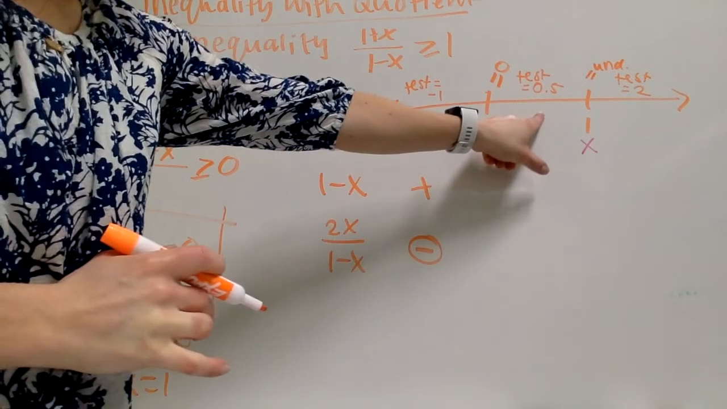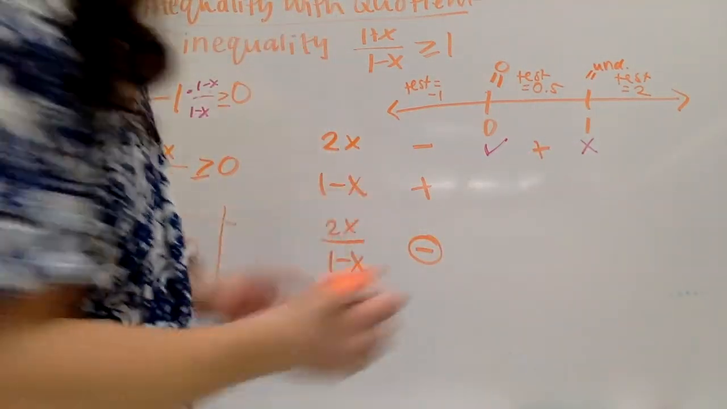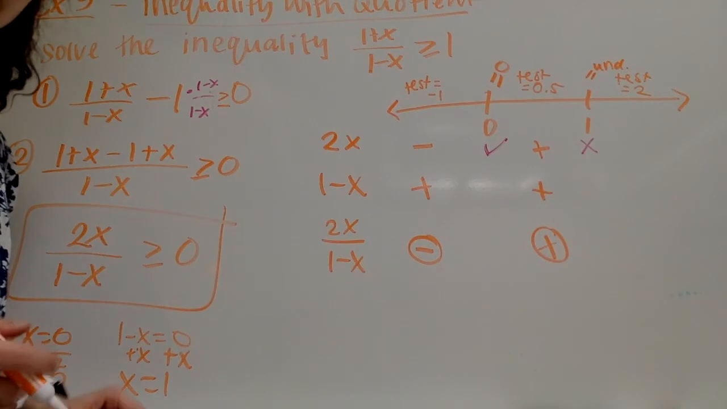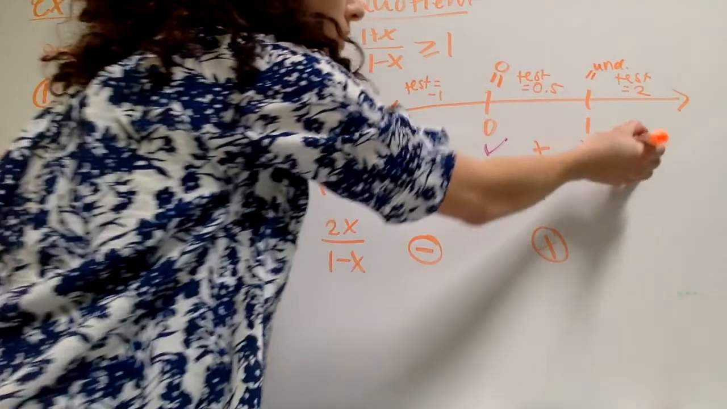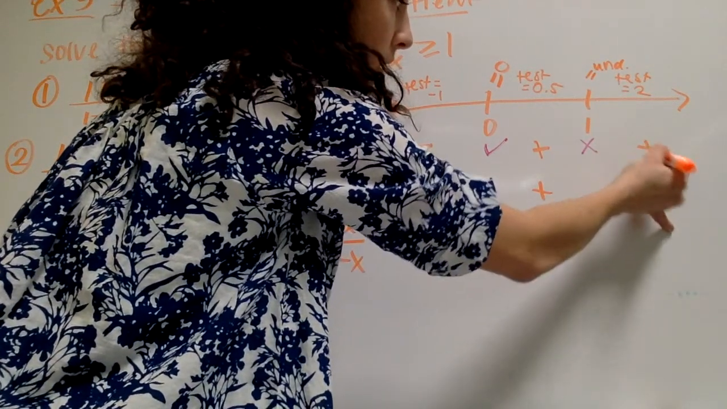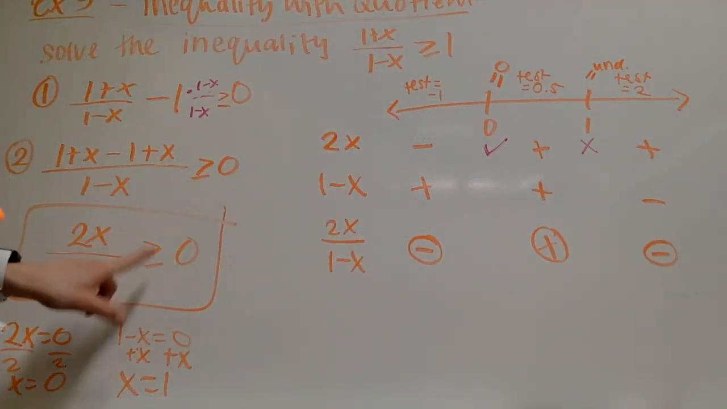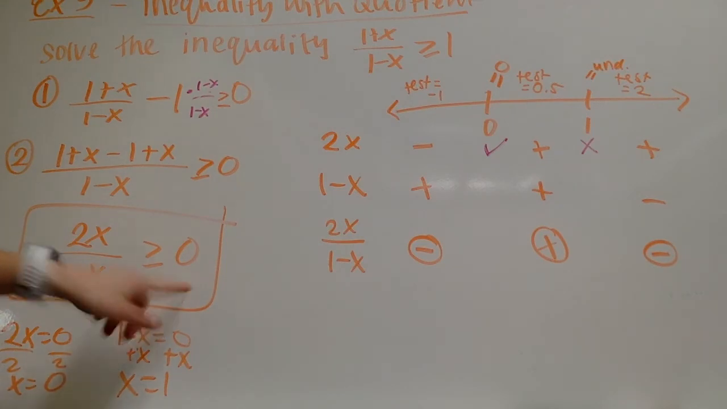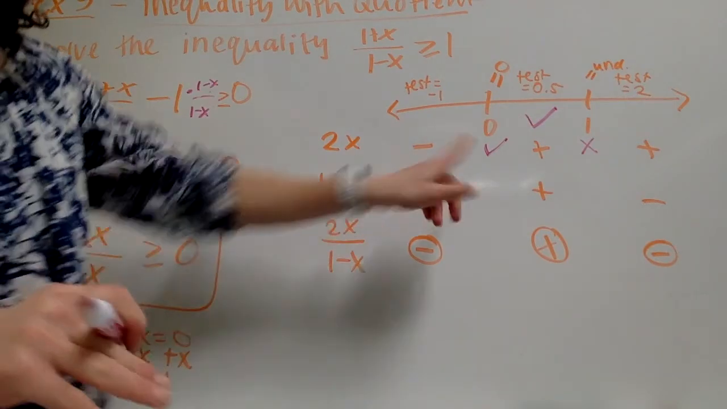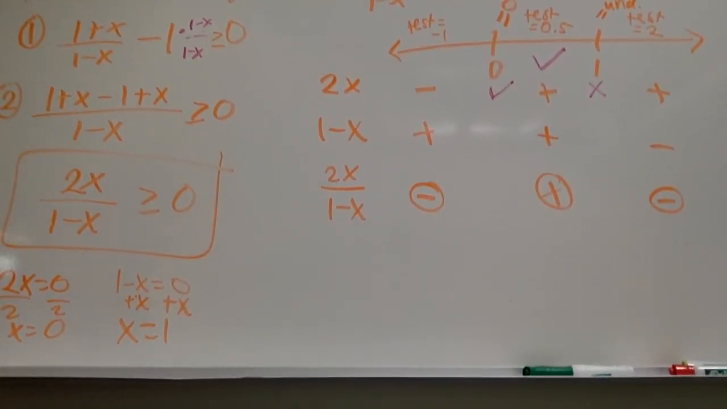All right, and then we need to do 0.5. So 0.5 times 2 gives us a positive value. 1 minus 0.5 stays positive, so a positive divided by a positive is a positive. Okay, and then the last one, positive 2 times 2 stays positive. Positive 1 minus 2 is going to give us a negative. So a positive divided by a negative is a negative. Okay, remember our answer needs to be greater than or equal to 0. So the only spot that works is this middle spot between 0 and 1, including 0, not including 1. Okay, so our final answer is going to be